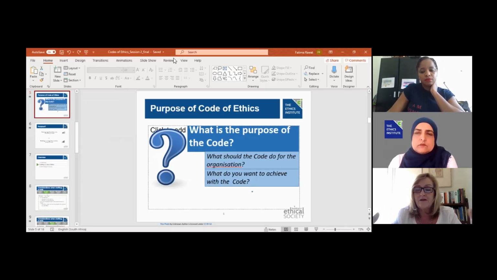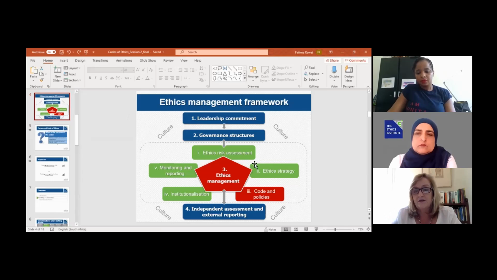Because I'm hearing here you've got this option where you want compliance, and then there's another option where you want to actually achieve some sort of change of culture. How do you achieve that in defining a purpose of a code when an organization may lean heavily towards the compliance aspect without allowing the values to be what drives the code?